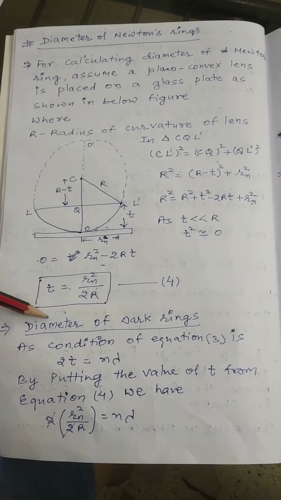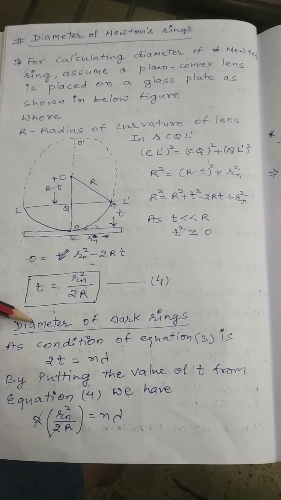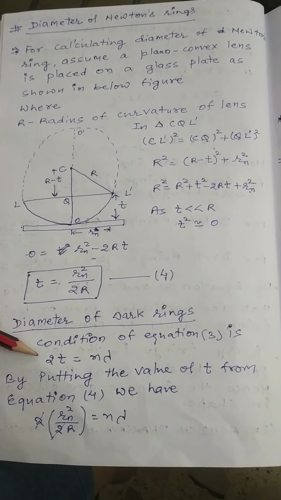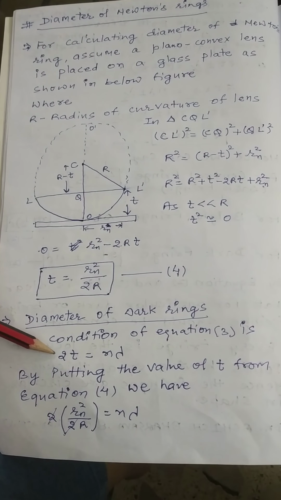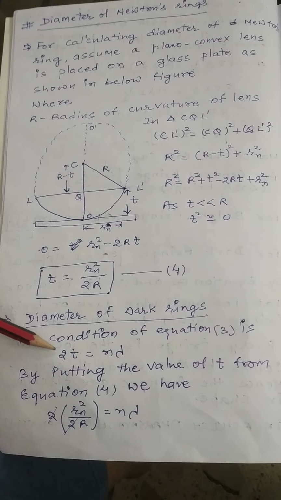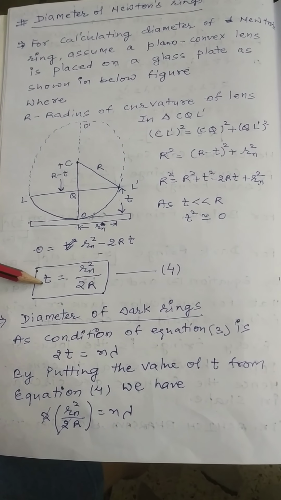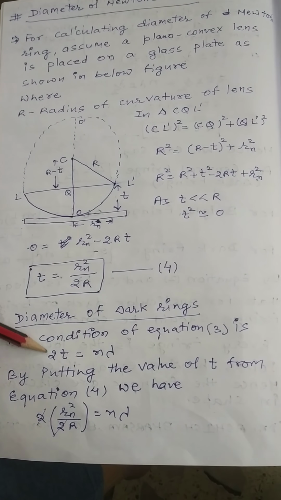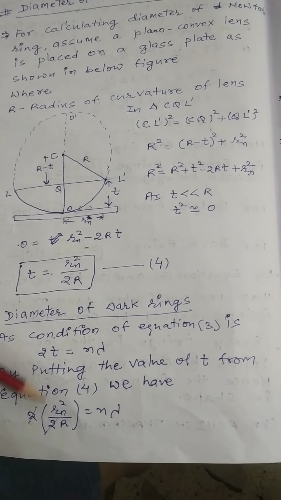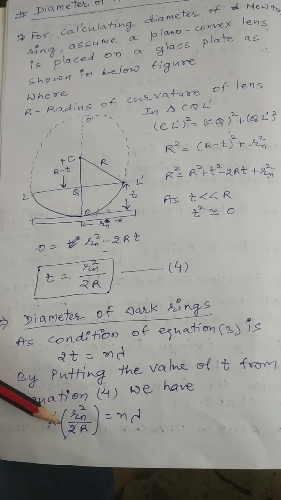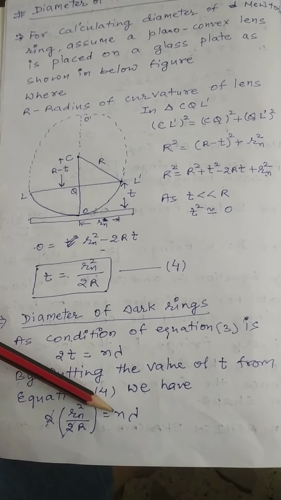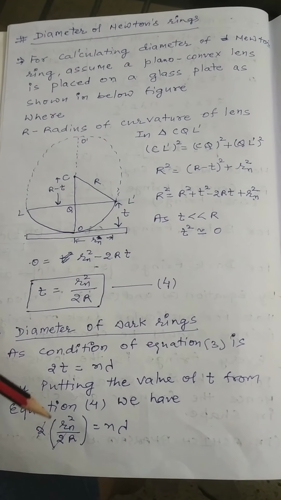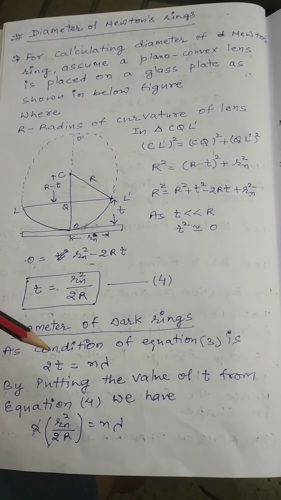Next, the diameter of the dark ring. For the diameter of the dark ring, the condition of equation 3, which is the condition for a dark ring, is 2t equal to n lambda. By putting the value of t from this equation, we get rn square upon 2R equal to n lambda. By cancelling out this 2, we can say that